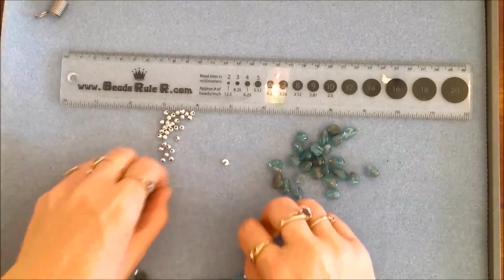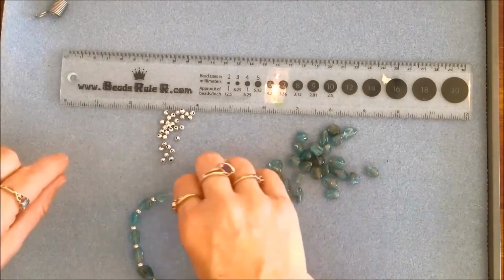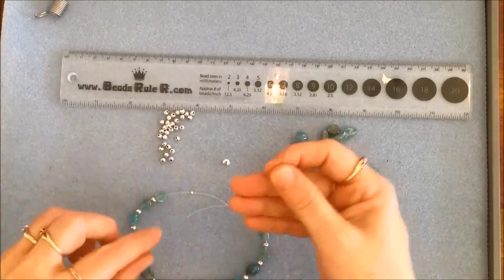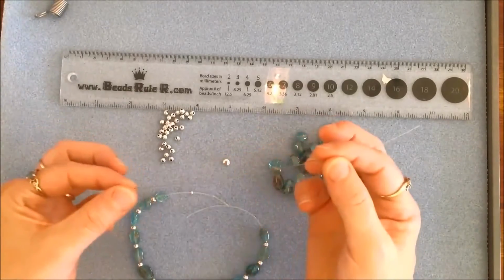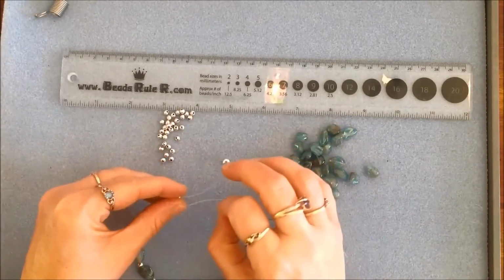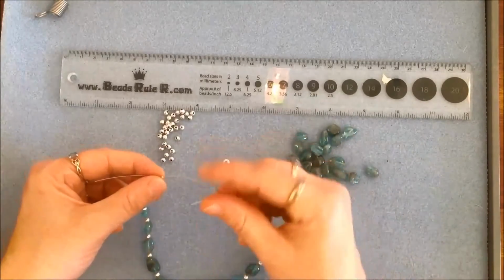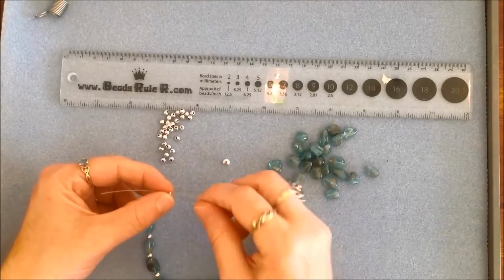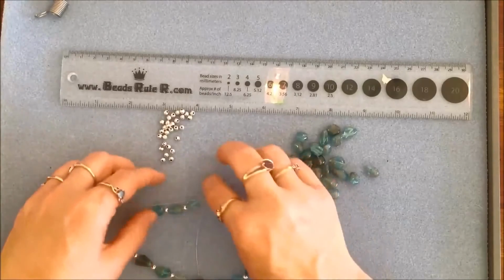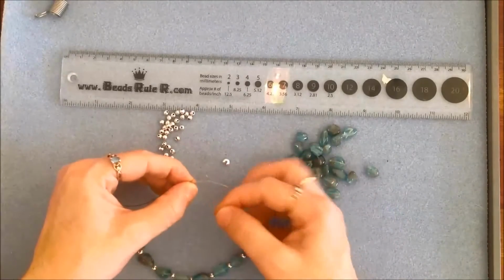So now we've got the crimp bead here, and we want to take this string of elastic through that way. Sometimes if it's a bit too small to get through the crimp, I just use a small piece of tiger tail and make my own little needle threader. So just take one end into the crimp like this, grab the other end and also put it through the crimp like this, and just pull it so you've just got a small loop. So you've just got this. Now you want to take the other side of the elastic and put it inside that tiger tail loop,